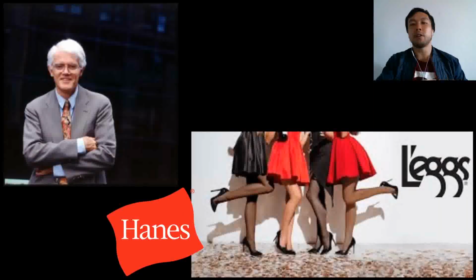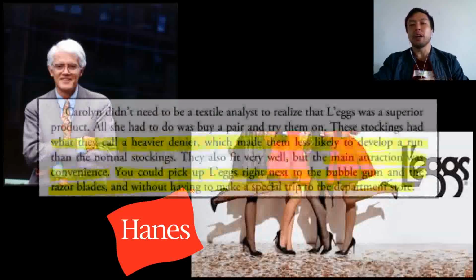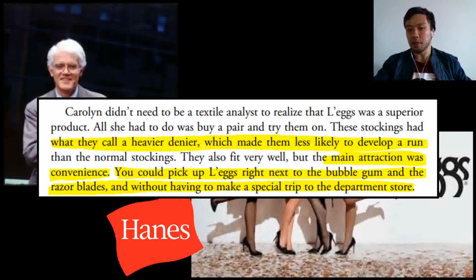All right, guys, and then a final example, I just wanted to leave you with this, and then that will be the end of the video. This was one of Peter Lynch's best performing stocks, and it was Leggs Hosiery, which is now owned by Hanes. When he was looking at going long on the stock, he couldn't care less about talking to the management team. He was talking to his wife and her friends, because as a heterosexual male, there is no way that you can know that this hosiery is of a higher, heavier denier, which is less likely to develop a run than normal hosiery, and that's very important for women because they don't want to keep replacing the tights,